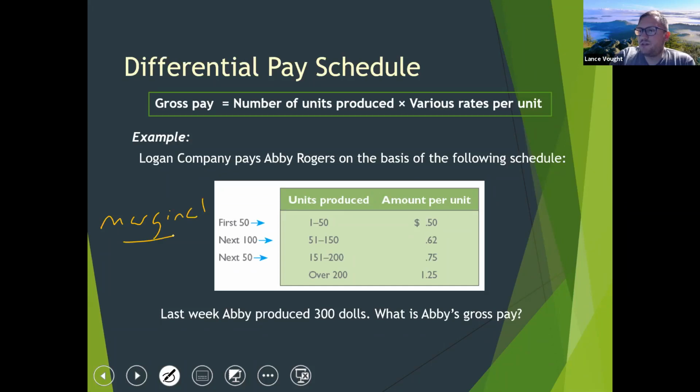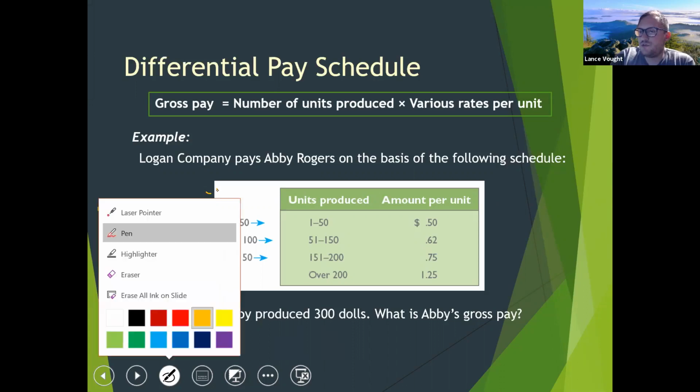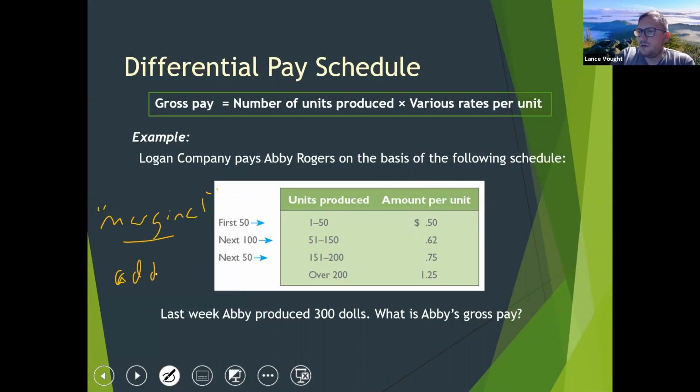So marginal means additional. Marginal means additional. And this will be important when we talk about tax calculations at the end of this lecture. Basically, these pay rates are bracketed off. So what this means is,